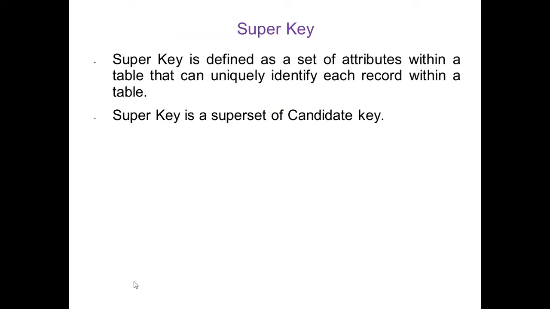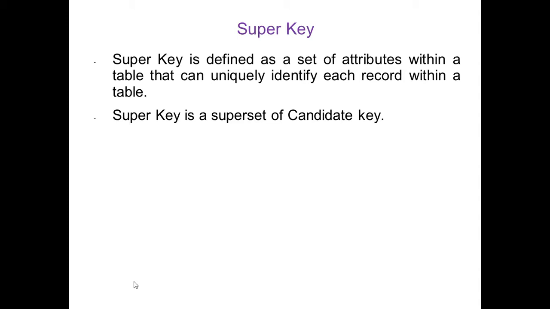Now we will see the third key, that is the super key. A super key is defined as a set of attributes within a table that can uniquely identify each record within a table. Means this is again a set of attributes which can be used for unique identification of the record.